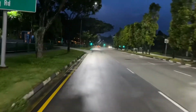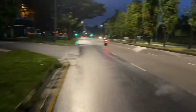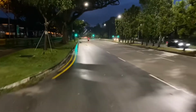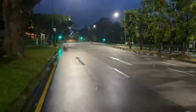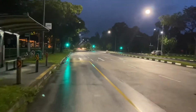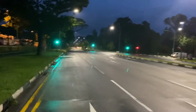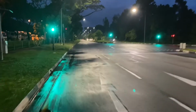Alright, so the ride to Woodlands Waterfront is quite a nice, easy route. Not much slopes to pant about, and it's a pretty smooth, short, almost slopeless route. And this is where we are at, heading into Admiralty Road, where it's already pretty close to